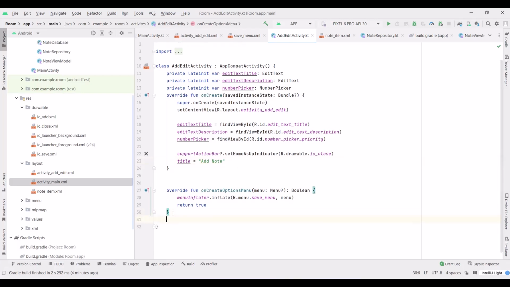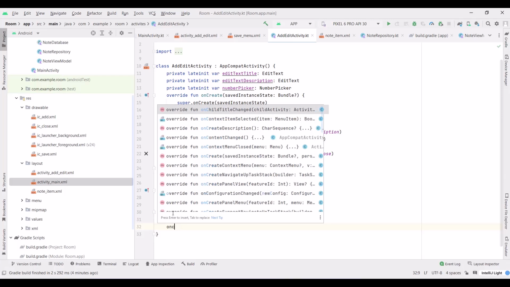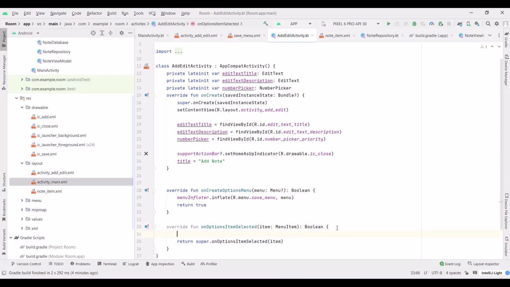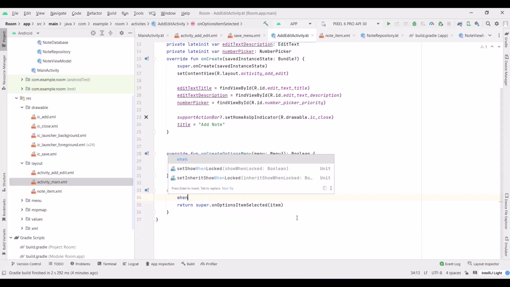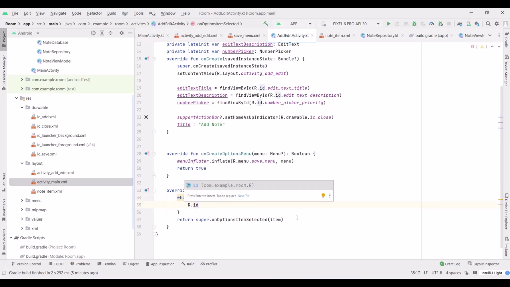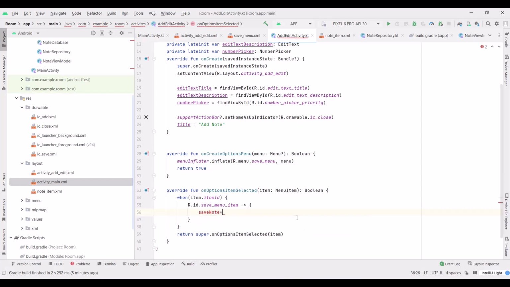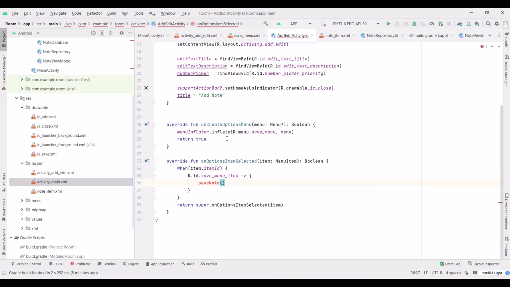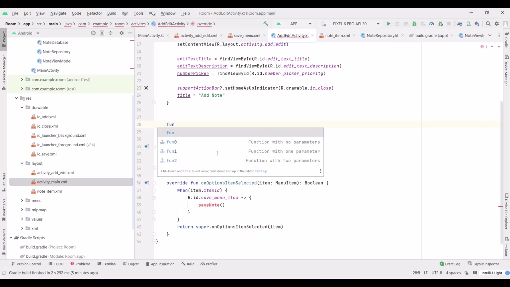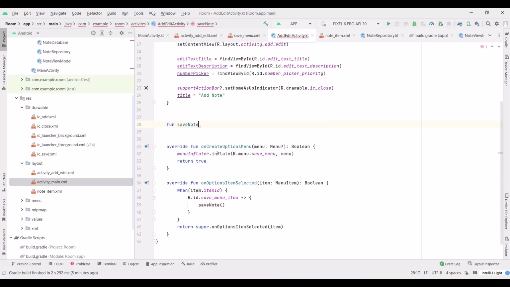Then I will go down here. I will type on create on options menu item selected. I'm gonna type here when item dot item ID r dot ID dot save menu item. I'm gonna call a function save note. So I'll go up here, I'll type fun save note,